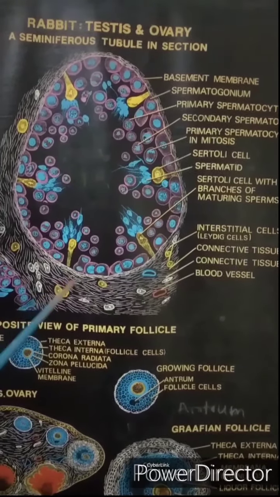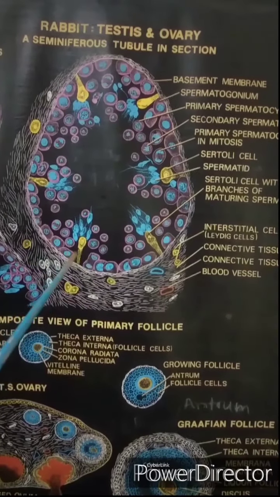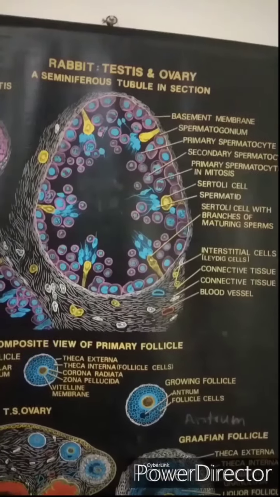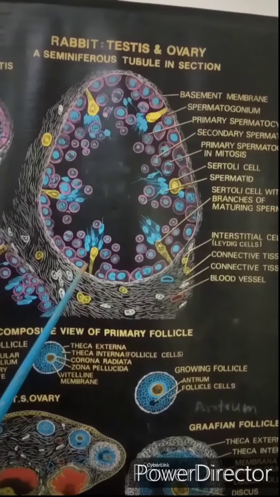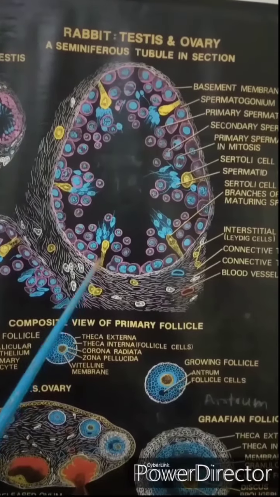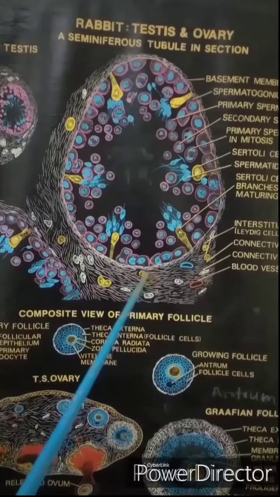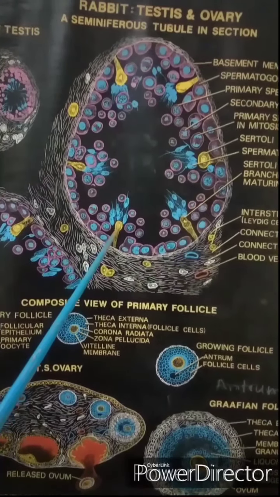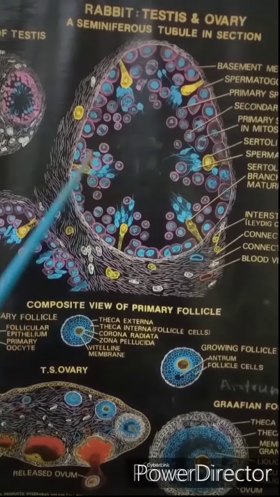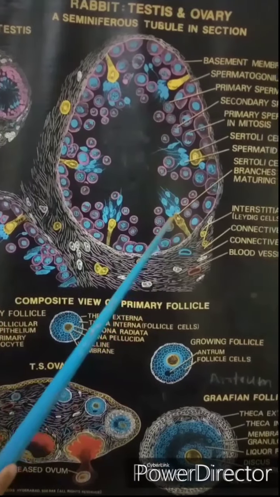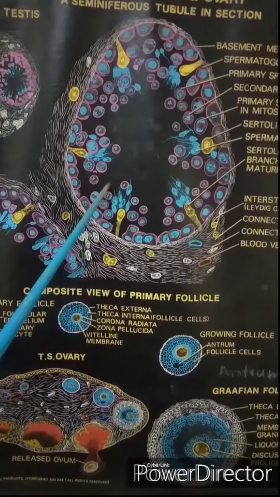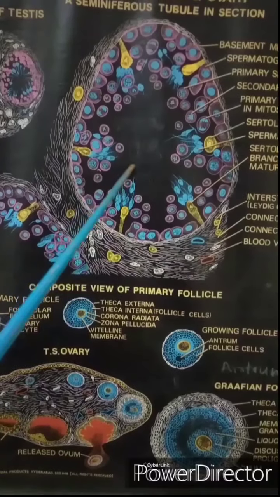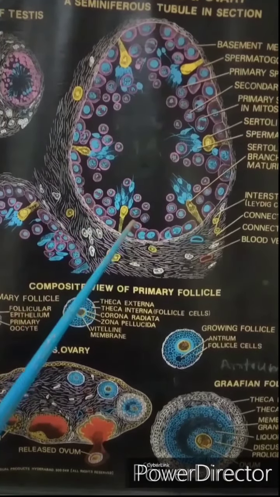Another type of cells, which are present in between the layers of the germ cells, are known as the Sertoli cells. Sertoli cells are elongated, having an irregular columnar shape, and they lie at the basement membrane. Each cell encloses a nucleus with a prominent nucleolus. Germ cells at various stages of development are found attached to the Sertoli cells. See here.